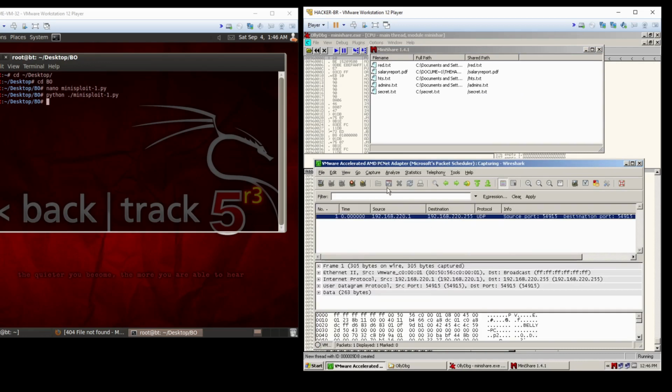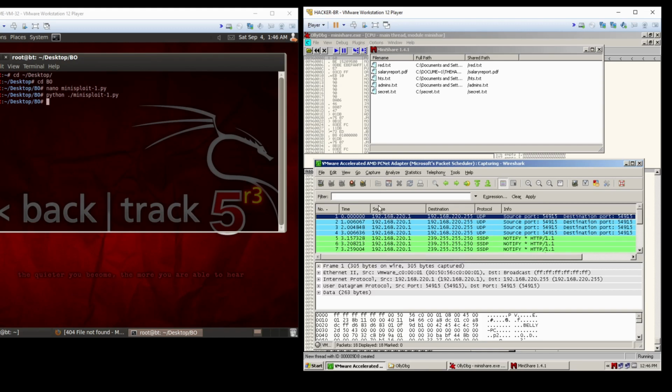Then you can restart the traffic capturing, and after that we can resend our evil buffer. So we are ready in here. We already set everything. Our Wireshark is ready to capture the traffic, and we already run MiniShare, but inside the debugger. And then we're going to resend our